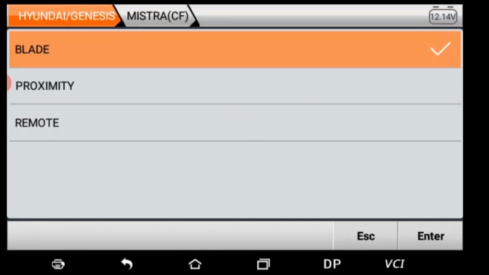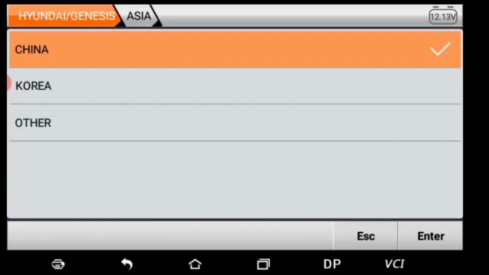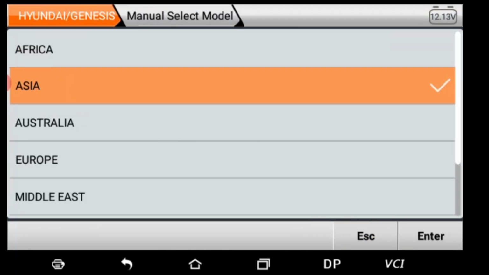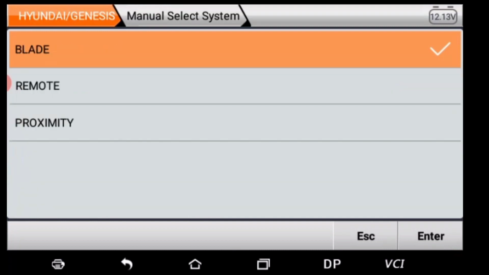For that we have to go back and back. Here I am going back and back, again back, again back, again back. Out of these two options we have to go for manual select system, that is the second one. In this we have three options, that is blade, remote, proximity.